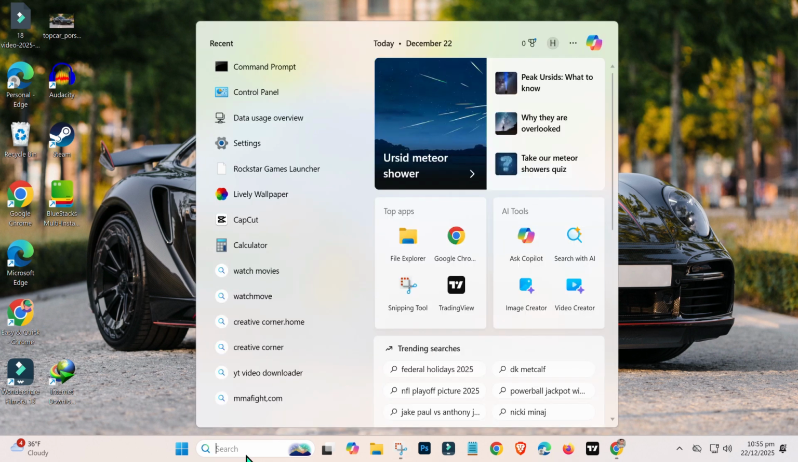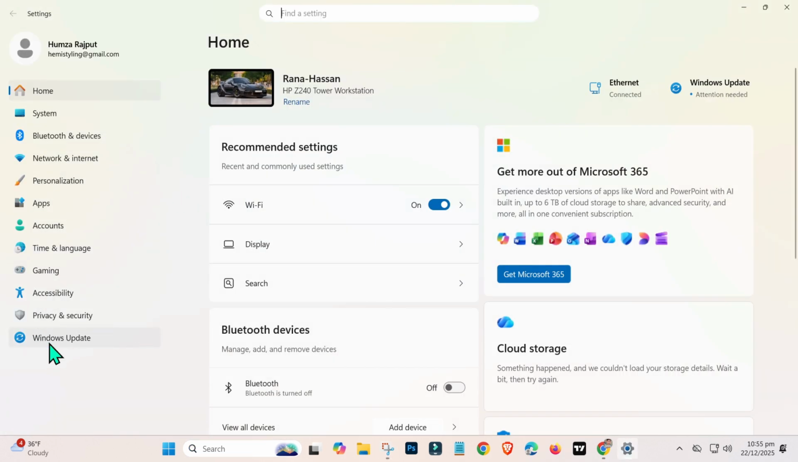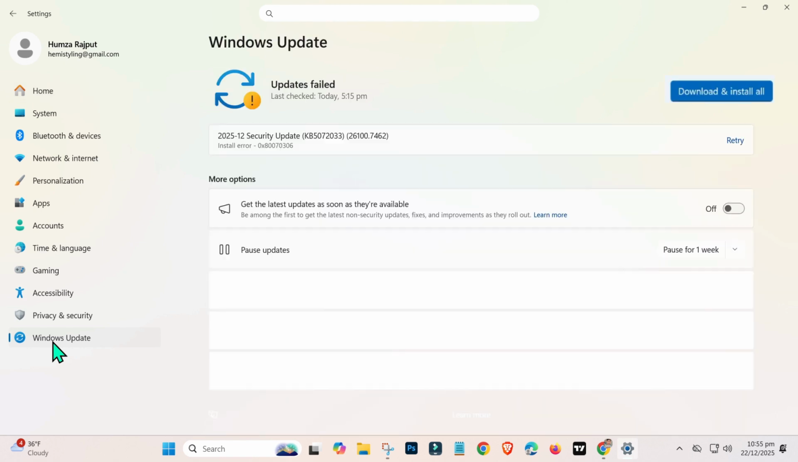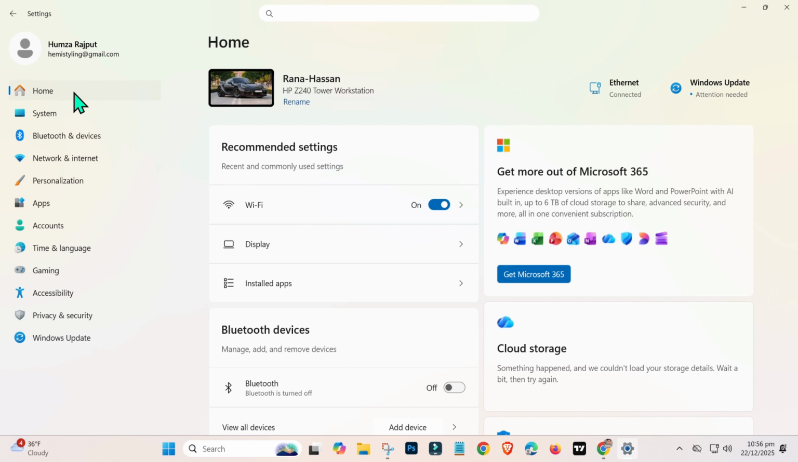To do this, open the Start menu, go to Settings, then select Windows Update from the left-hand side. Click on Check for updates. Most DirectX updates are included with official Windows updates. So as long as your system is fully up to date, you should already have the latest version of DirectX